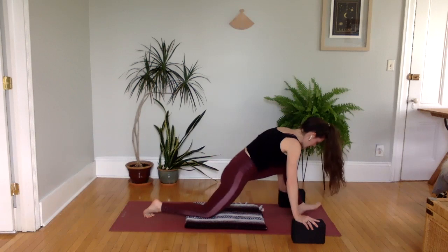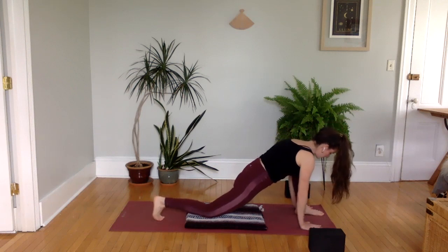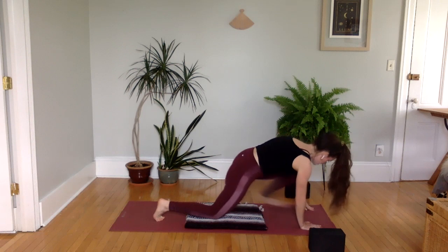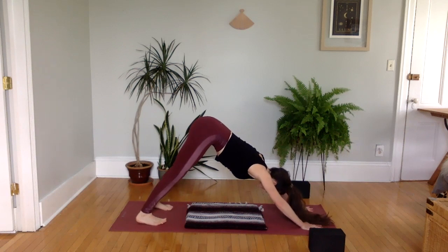Bend into your front knee, plant your foot, place your blocks just off the mat, and make your transition. You can either step back through tabletop or press right back up into downward dog. Locate your breath, soften your face,